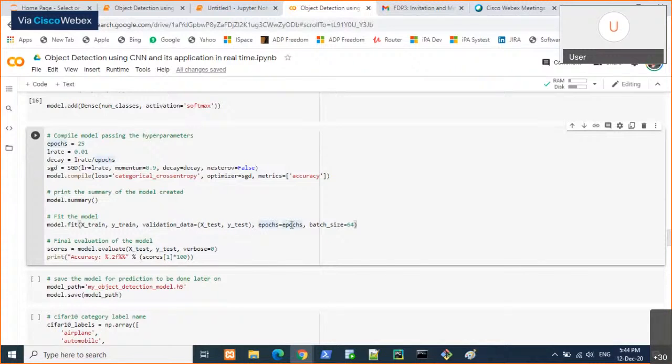Okay. And epochs, number of passes. Batch size means the number of batches your data will be divided into, the size of one batch. For example, if it has 50,000 samples, your number of batches will be 50,000 by 64,